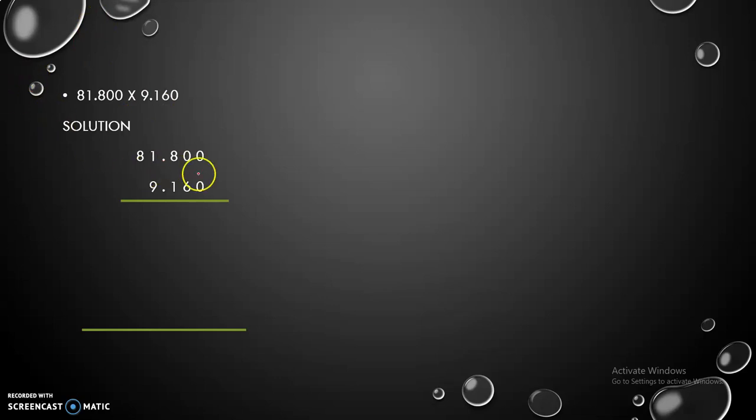First we multiply, this is ones, this is tens, 100 and 1000. So first we multiply the 0 by the multiplicand. When we multiply the 0 by any number, the answer is always 0. So there is no need to multiply the 0 by the multiplicand one by one. We just count the digits in the multiplicand, and we have 5 digits, and we just write 5 zeros in